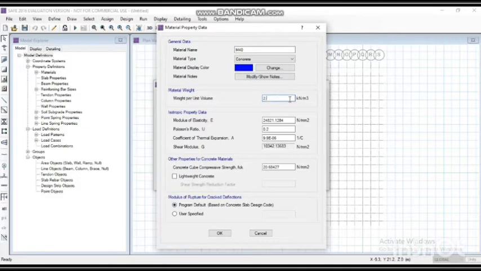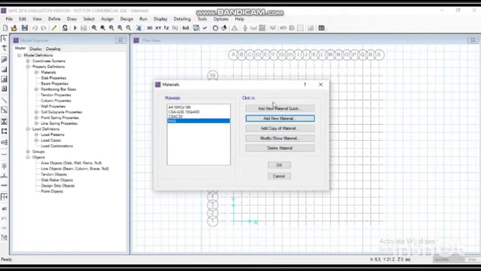Change the weight as 25, modulus of elasticity, and change all the properties for M40 grade of concrete. Then click on OK.